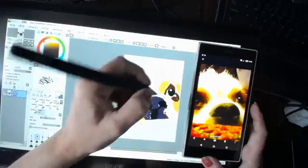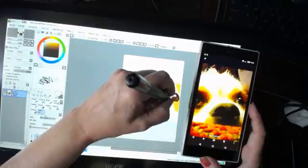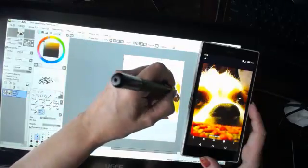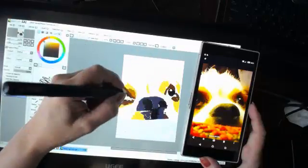But there is some graphite, gorgeous graphite. I can put some white in here now. There's some gorgeous graphite kind of